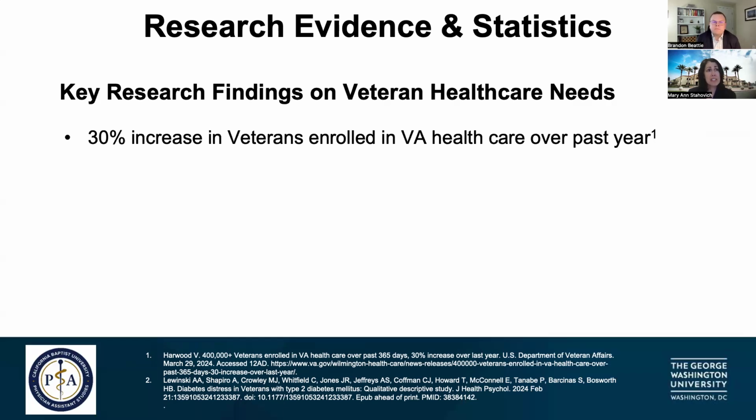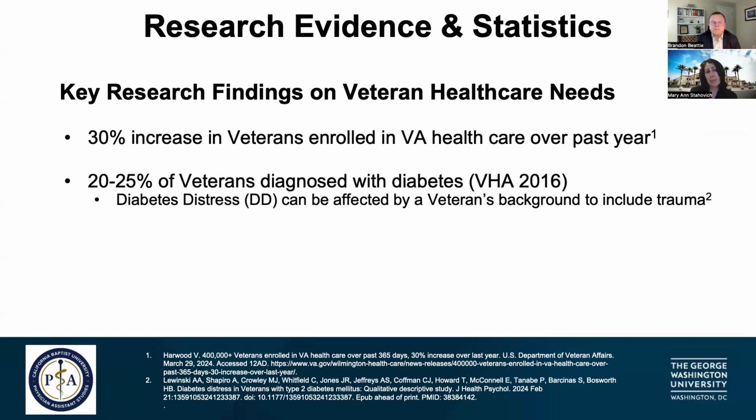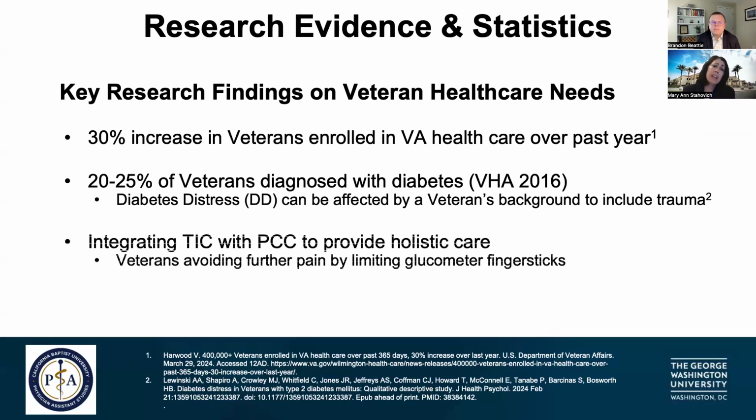And we know additionally, as one example of a chronic disease that many veterans are coping with, that actually upwards of a fifth to a fourth of all veterans are diagnosed with diabetes, which of course is much higher than in the general population rate. So this is one example where a higher frequency of a chronic disease means that it's all the more critical to have this population's health needs met.